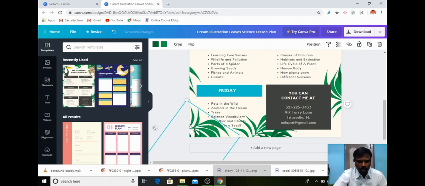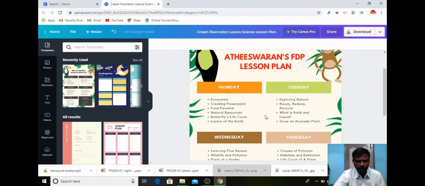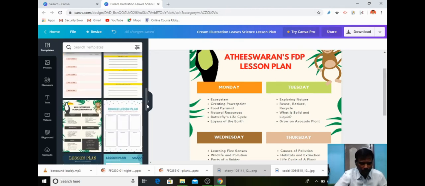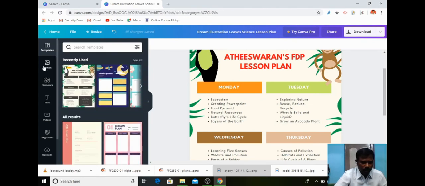If you want, add more elements to the existing one. For example, if I need an image here, on the left-hand side you can see a lot of things. Templates, we are already seeing these templates. From these templates we have selected one, and the second one is photos.